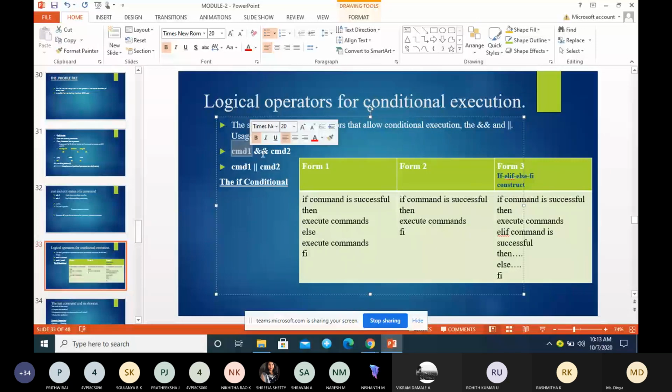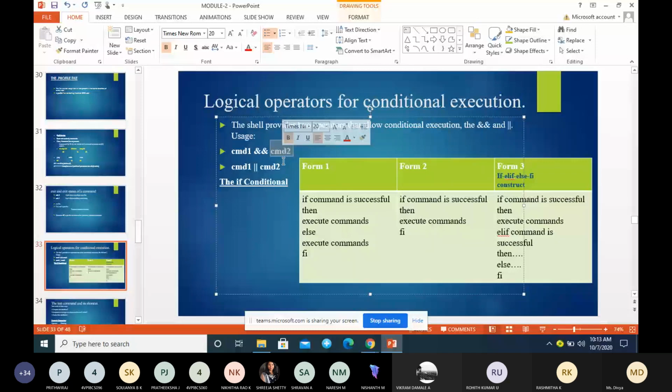The delimiter for and is 2 ampersands. So command 2 will be executed only when command 1 is successful. Only if command 1 succeeds, only then is command 2 executed.